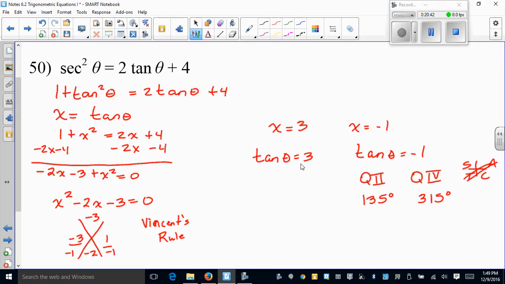Okay, and then this one here, this is a calculator one. We have to put this into the calculator. So in quadrant 1 is positive, so we're looking at quadrant 1. Quadrant 1 is going to be 71.6 degrees. And in quadrant 3, you're going to do 180 plus 71.6, which is going to give us